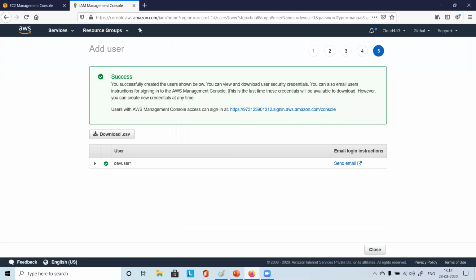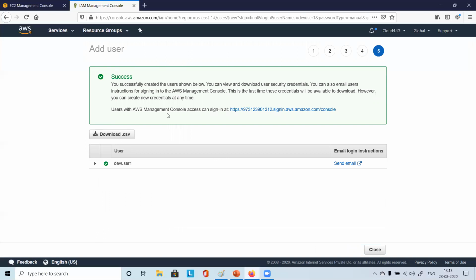And then you can view and download user security credentials. You can also email users instructions for signing into the AWS Management Console. This is the last time these credentials will be available to download. However, you can create new credentials at any time, right? Here I also have the option to download the CSV.